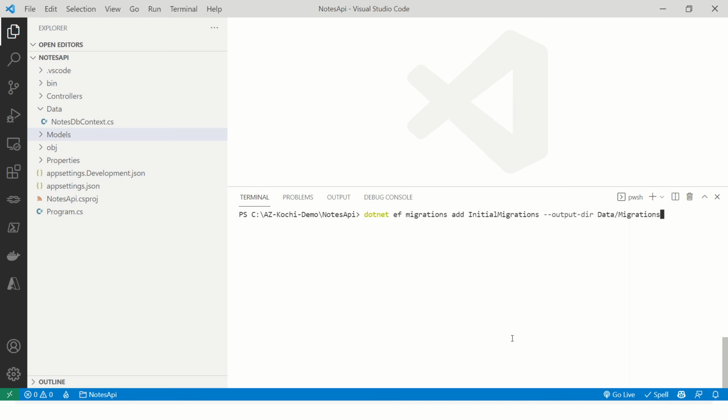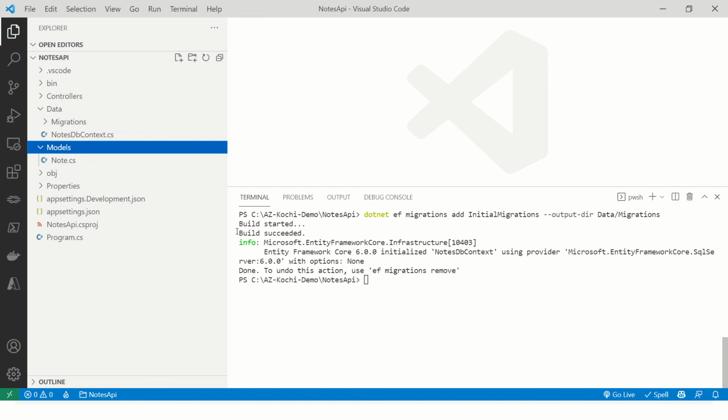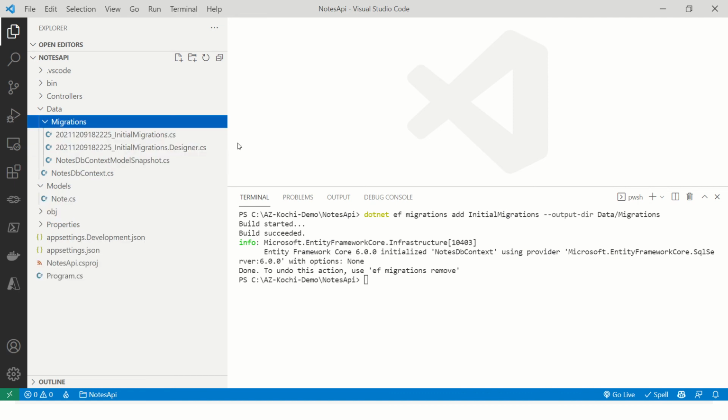Let me run the command again, and if you look into that, yeah, I think I put